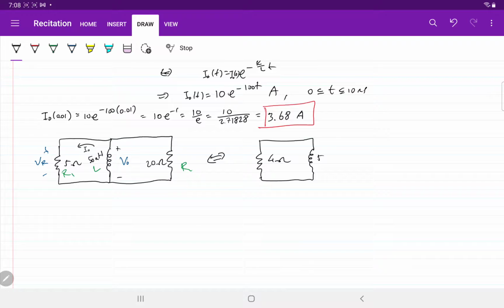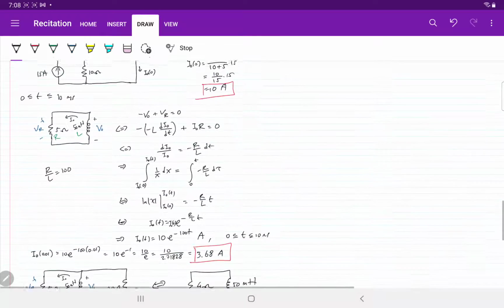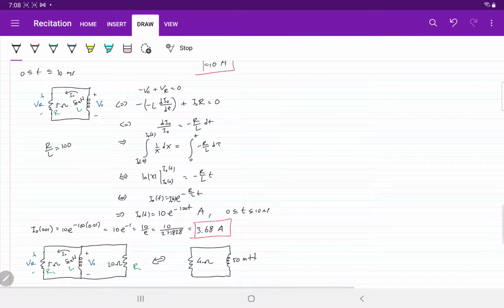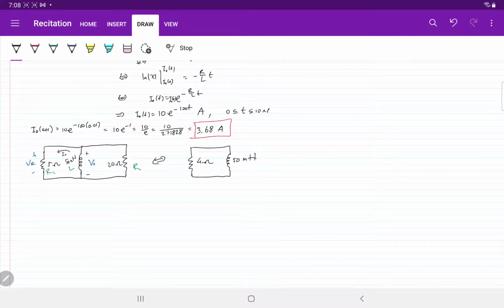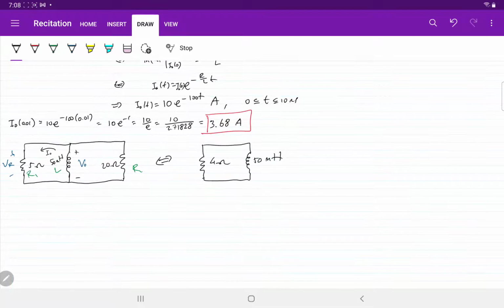Okay, that's great. All right, so we can use the same steps to obtain the expression of the current here, but I leave that to you as an exercise,